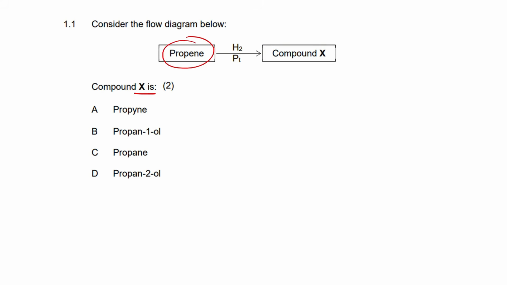Well, let's have a look at propene. Propene is a 3-carbon molecule. It's got the "ene", so it's got a double bond, so let's put it there. And then obviously we would have hydrogen everywhere else. Let's go draw the hydrogens just to be correct here. Okay. And so all that's actually happening here, if you understand your reactions, you would know that this is an